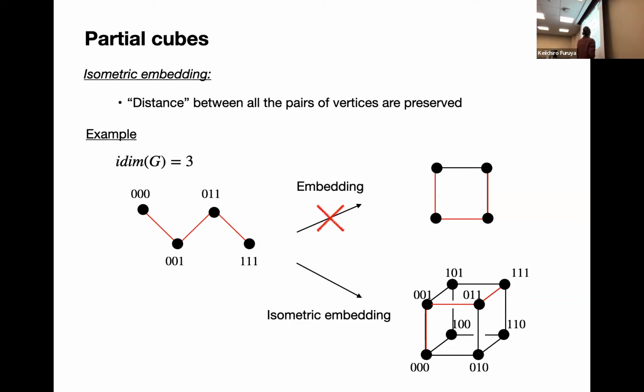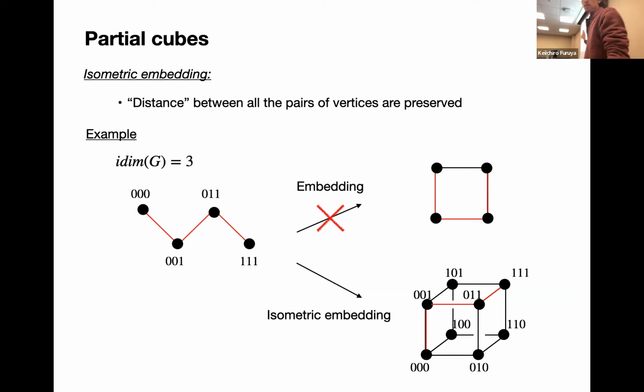But here, what we want to have is the isometric embedding. The minimum hypercube that this can be embedded into is the 3D cube, so that 0, 0, 0 and 1, 1, 1 have distance 3. So this is preserved. In the definition of isometric dimension it says minimum, because a 3D hypercube is isometrically embeddable into a higher dimensional hypercube, obviously by construction. That's why we want the minimum in the definition.